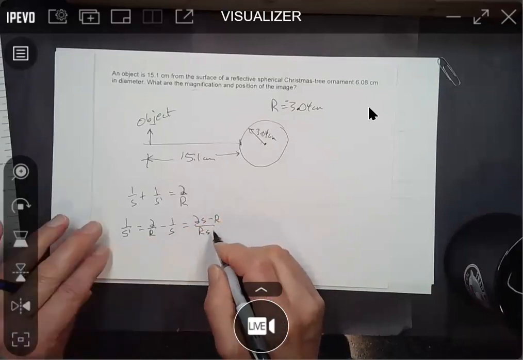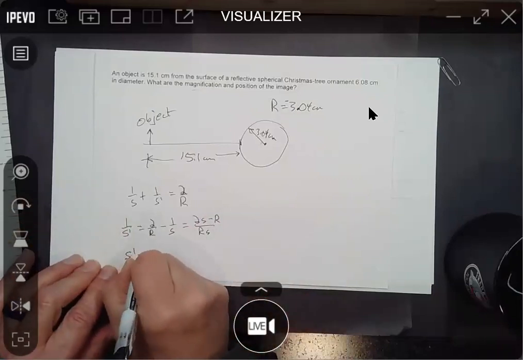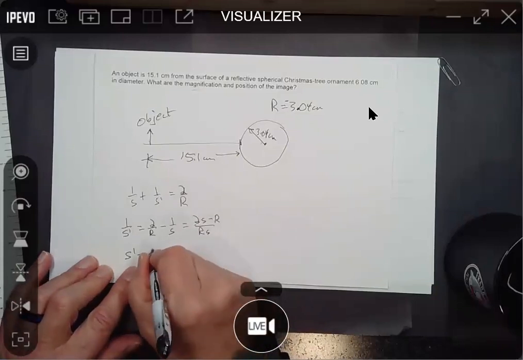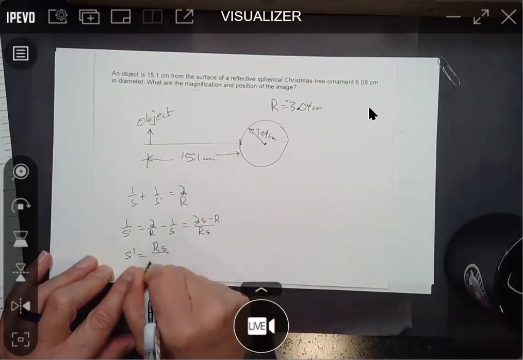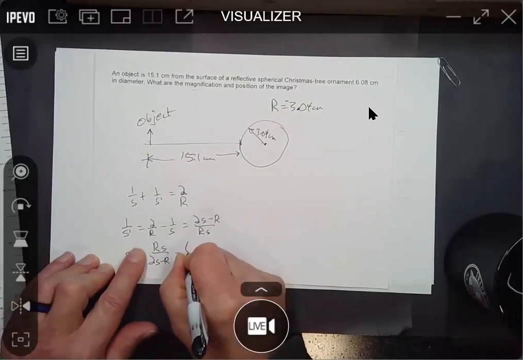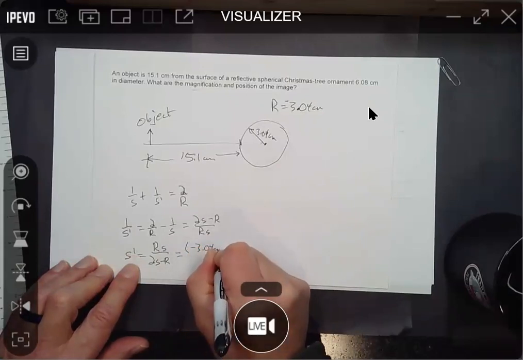I think I've done this a time or two today, so practice that and see if you can just whip through it and get the correct result. S prime is going to be RS over 2S minus R. So R is negative, minus 3.04 centimeters,